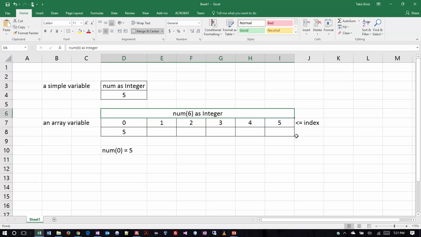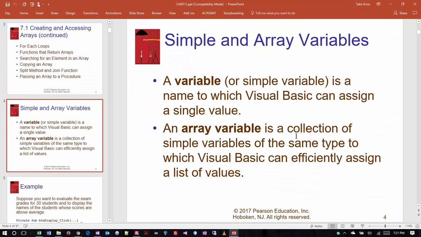And that's called an array. Okay? So you think of it as rows and columns all with one name. So I like to use this as an image of what an array is. So if you have that in your head as we're working and listening to the PowerPoint, I think that'll help you quite a bit. So just to look at the author's definition now, he says a variable or